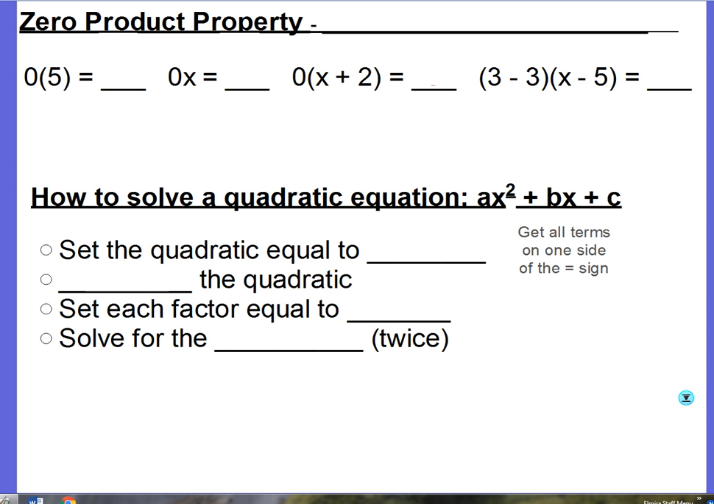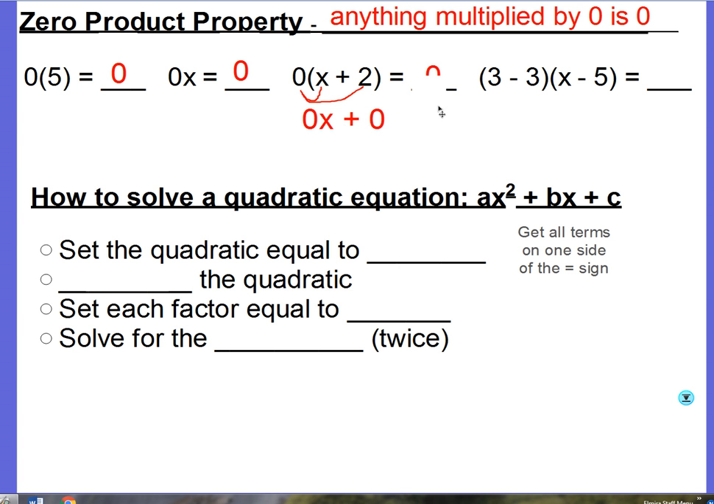Okay, we got to talk about something called the zero product property, because this is the crux of how we solve a quadratic equation by factoring. Zero product property, you learned this when you were in 3rd grade and did your times tables. Anything multiplied by 0 is 0. So 0 times 5 is 0. 0 times anything is 0. Even if it's a distribute, okay? If I do 0 times x and 0 times 2,